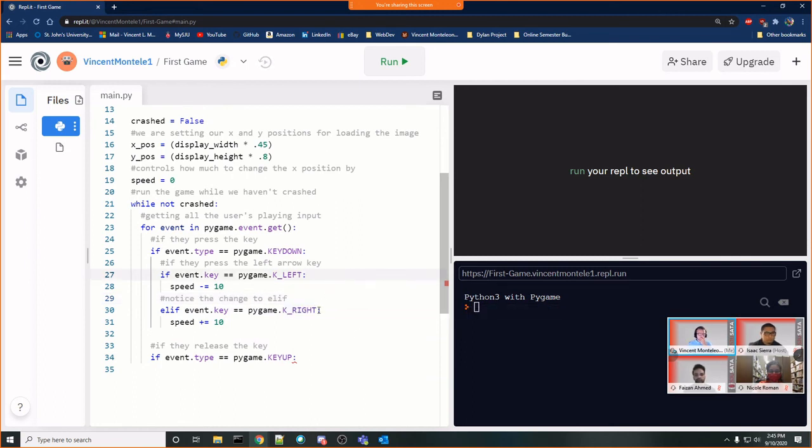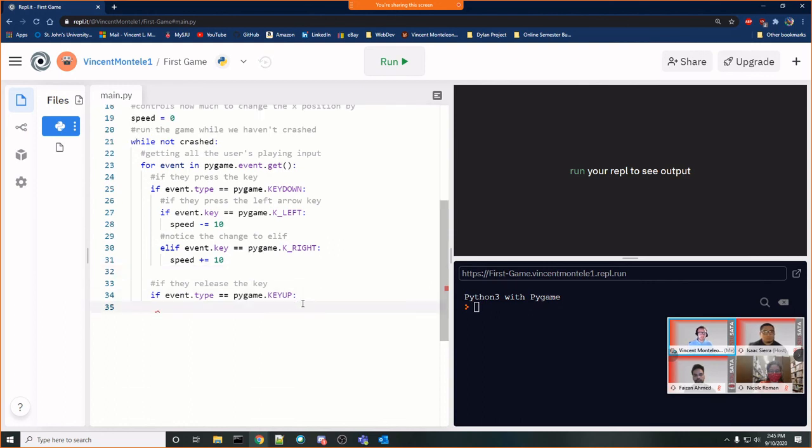We covered all the different keys for the key downs if they press a key down. If you're interested in making the character be able to go up and down too, you're probably going to have to add different keys that they could press from the events. All right. So just bear with me, guys. We'll be able to see our result in one moment here.